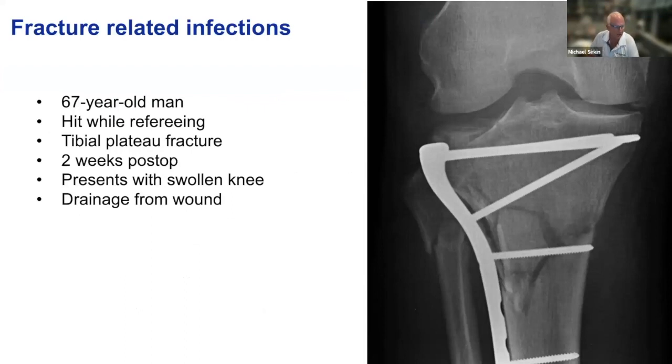Let's jump right into our course now. We're going to primarily do this by the use of cases and discuss what we would do. So this is a 67-year-old man who was hit while refereeing. He had a tibial plateau fracture, and now he's 2 weeks post-op, and he presents with a swollen knee and drainage from his wound. When you take a look at the x-ray, the big thing we can note here is